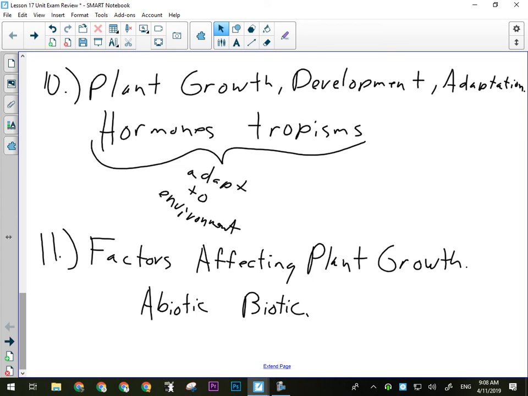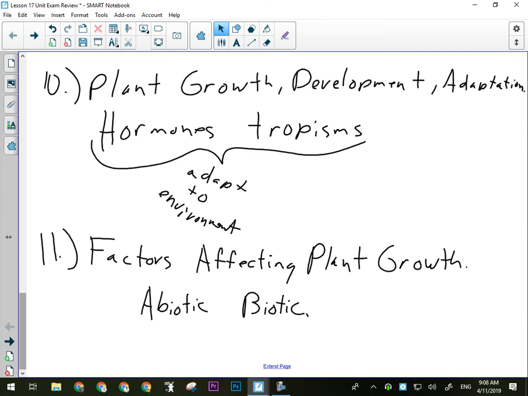There's quite a few there about functions of different organelles. Plant transport, growth and development, compartmentalization, cell theory, prokaryotes and eukaryotes,